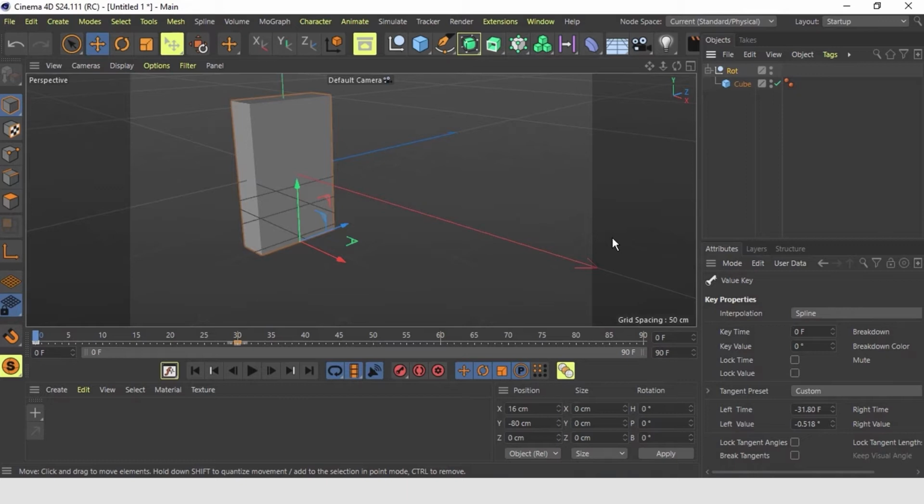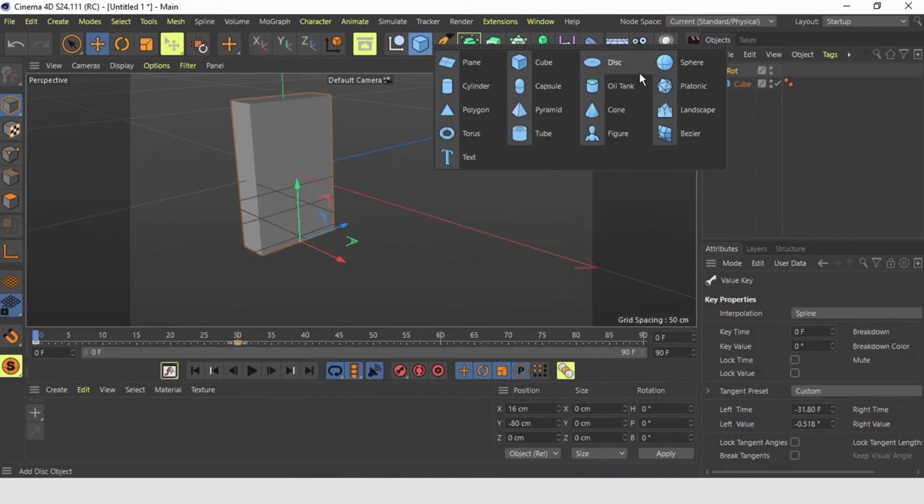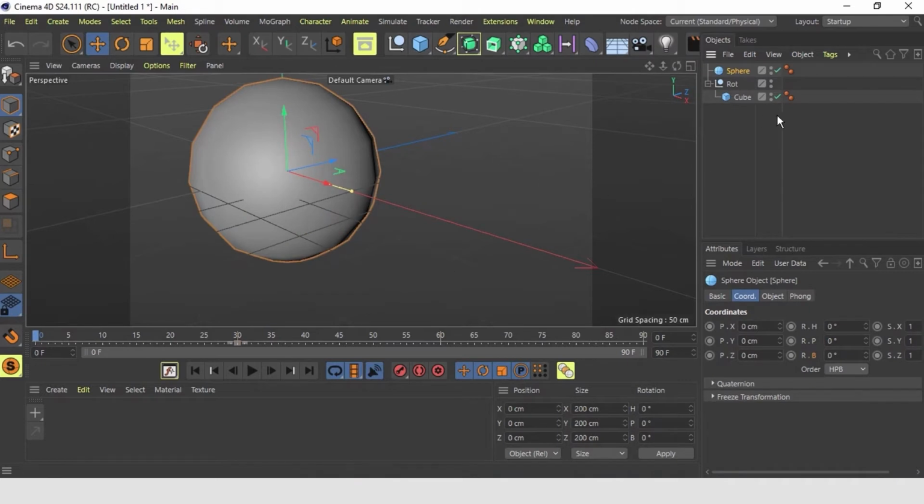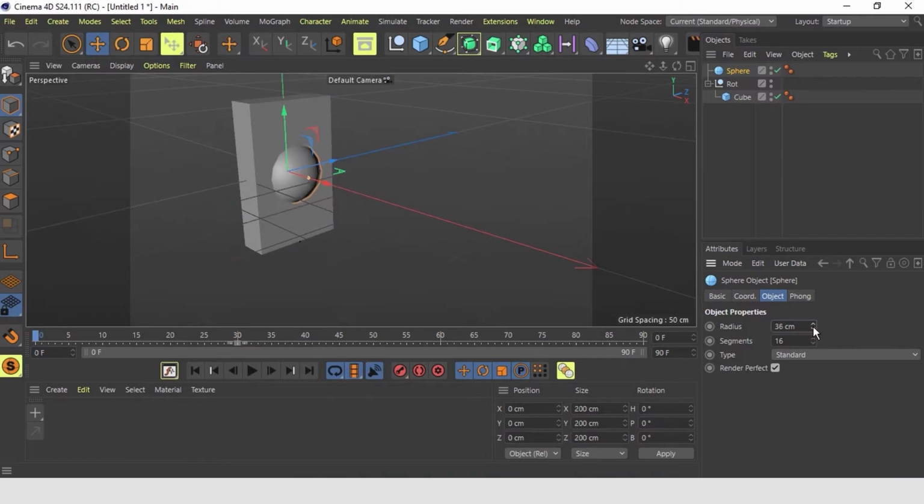Let's now create an eye. So we can go up here and make a new sphere object. Change its radius and segments. We bring it up exactly on top of the cube.